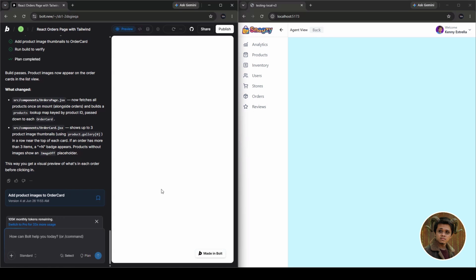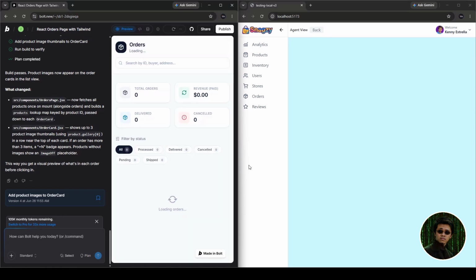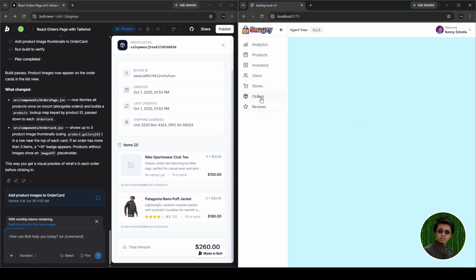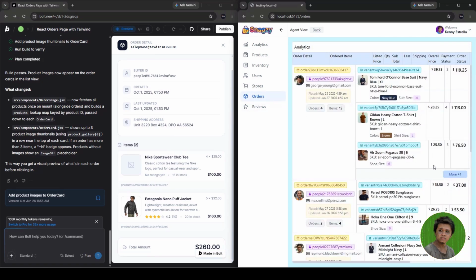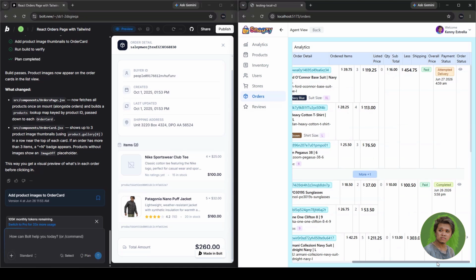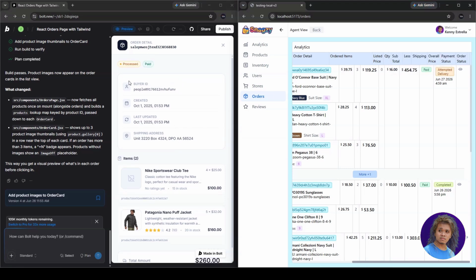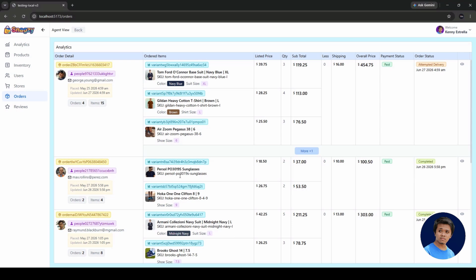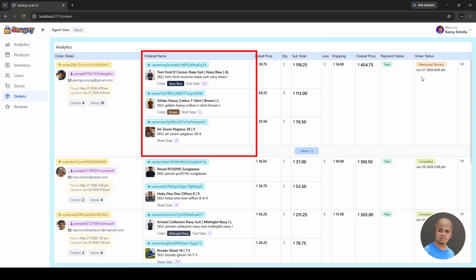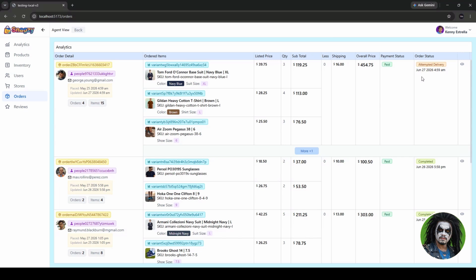I think it's better if I maximize the browser of my dashboard. There you go. It's displayed in a tabular format while displaying the ordered items in a list. Payment status and order status are added. There's shipping. Then we can see more buttons signifying other items.